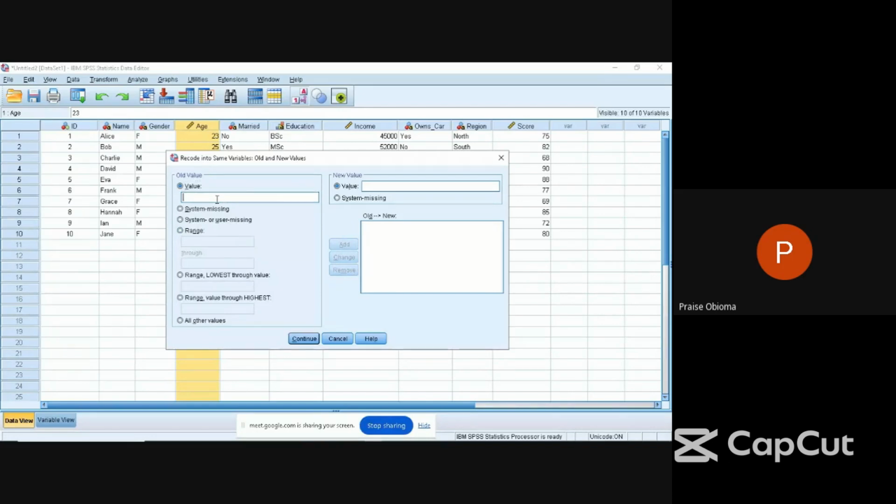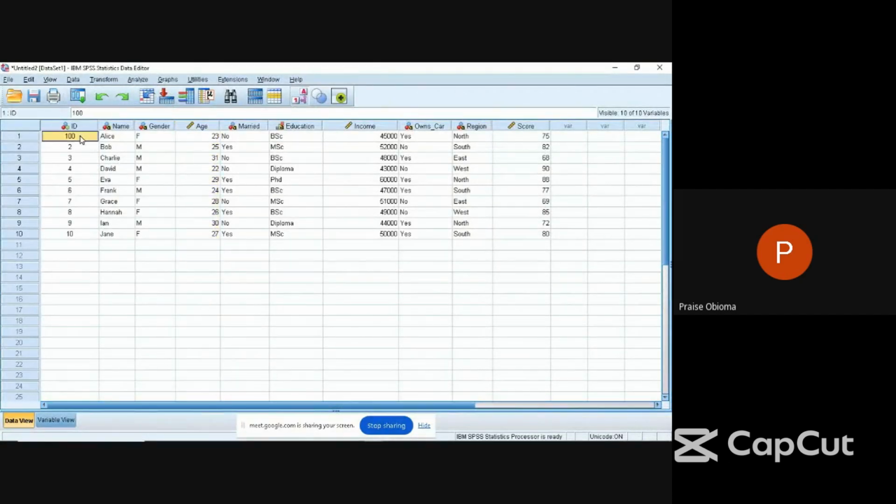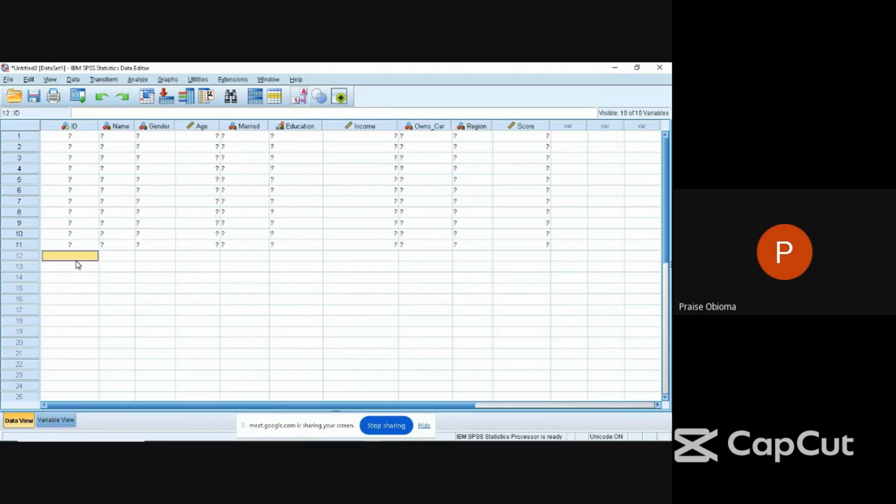So for old value, maybe I have 1 here. That's this one that I have here. So I can come here and call it 2, or let me say 10 or 100 or whatever. Add. Continue. Okay. So the 1 that I have here becomes 10. So if I have 1 anywhere around this